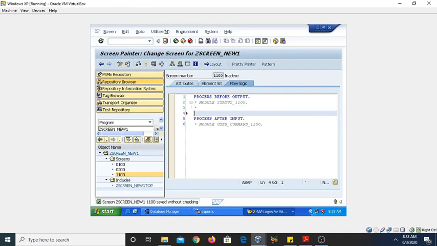call the subscreen. Now for calling a subscreen, as you know, the syntax is CALL SUBSCREEN, and the subscreen name was sub1, INCLUDING SY-REPID and the screen number. We have created screen number 100, so 0100. Similarly, you can call another subscreen. This is CALL SUBSCREEN sub2, INCLUDING SY-REPID, and the second screen number is 200.